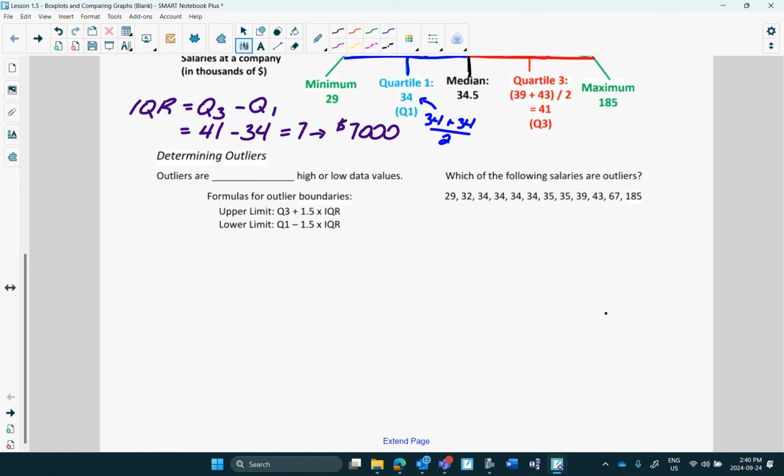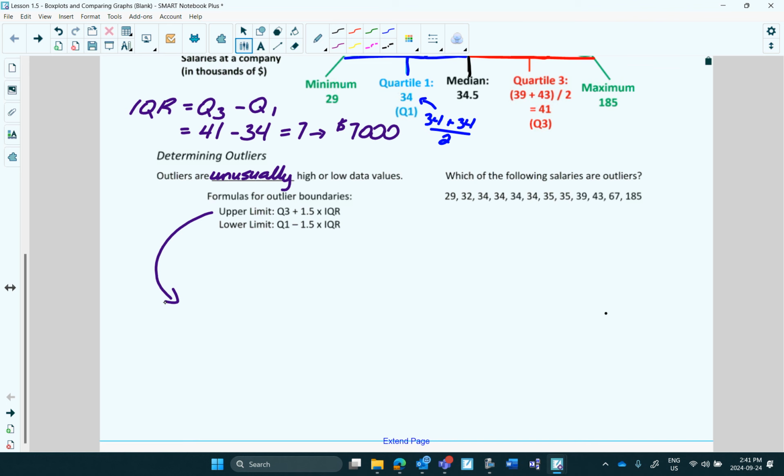Because the outliers are extremely or unusually high or low data values. How do you find them? Well, the outliers have to go past these two boundaries. For the upper boundary, you take the value of Q3 and you add 1.5 times the IQR. So to find the upper limit